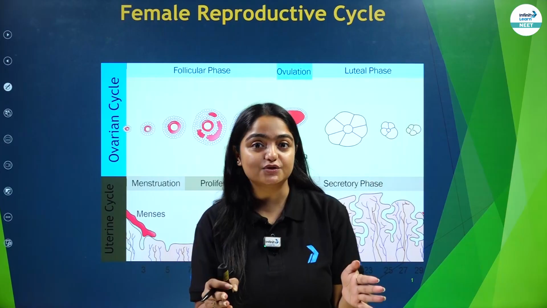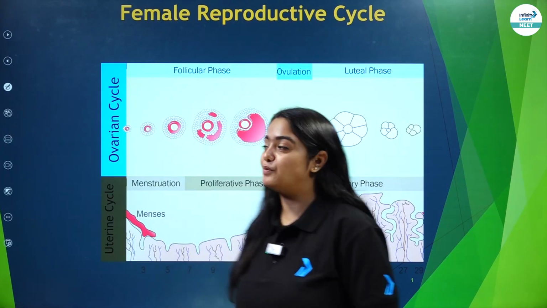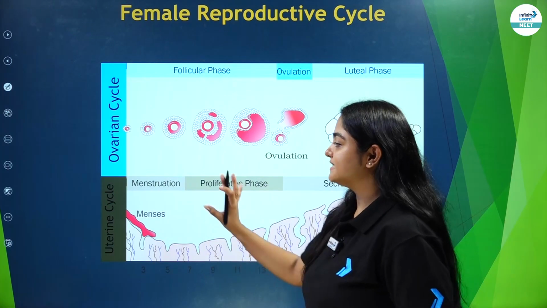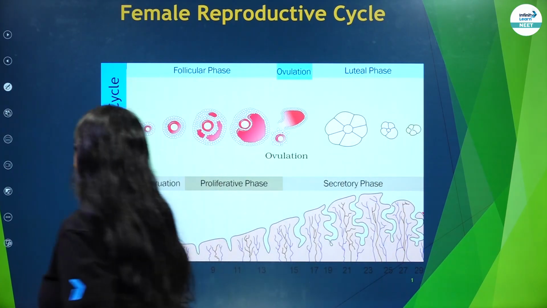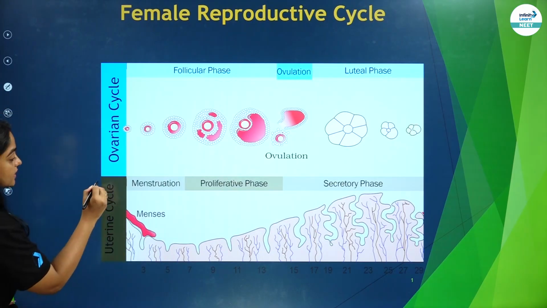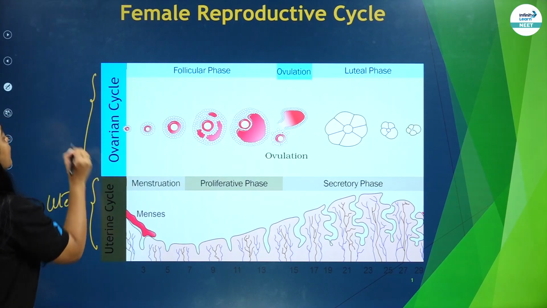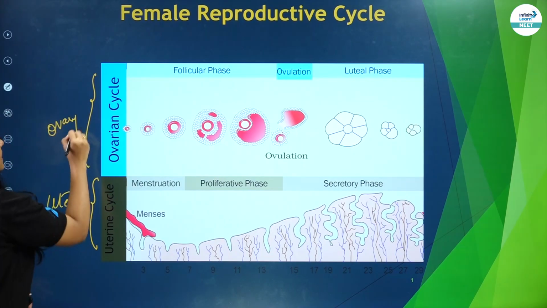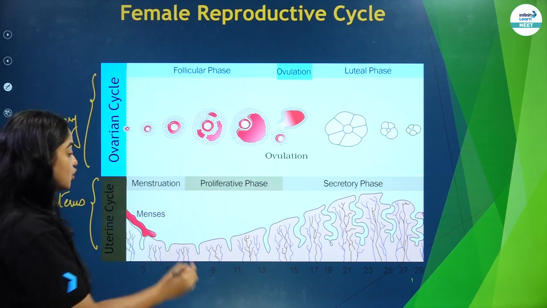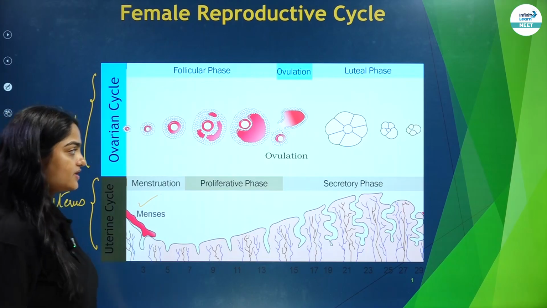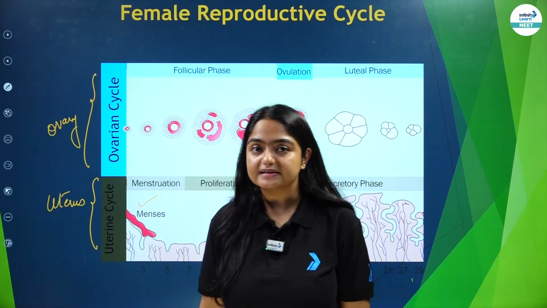So now let's relate that interesting animation with this particular NCERT diagram over here. Now you can clearly see this, we have discussed earlier as well that there are two kinds of phases when it comes to the menstrual cycle. Some events happen inside the uterus, right? And some events happen inside the ovary. So the menses, the bleeding phase, the menstrual phase that you saw, is happening in the uterus, right? And that is why we call the first phase the bleeding phase or the menstrual phase, correct?